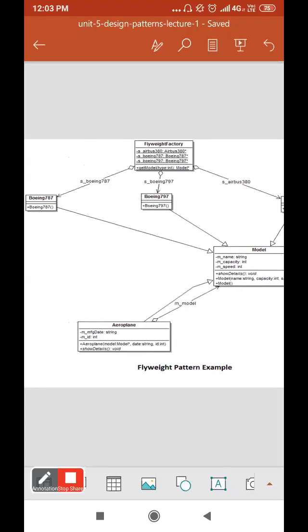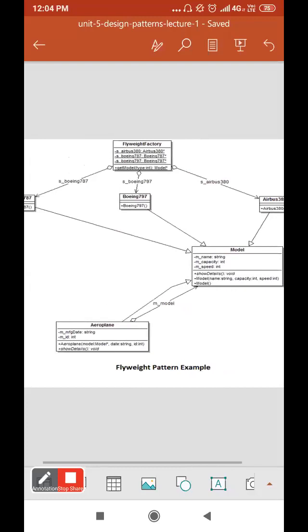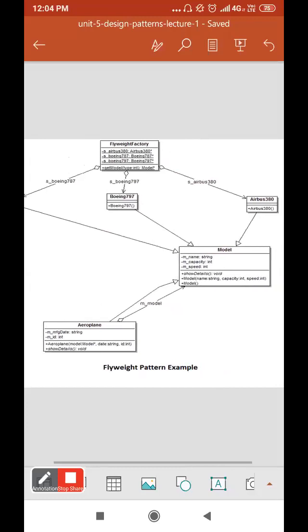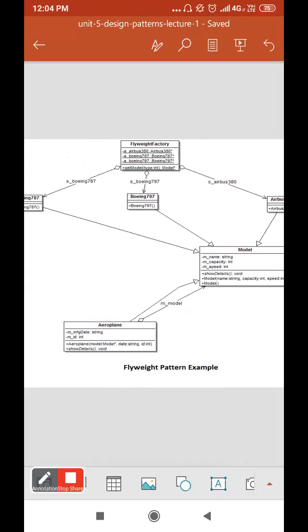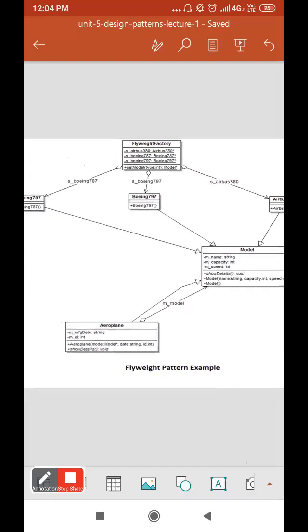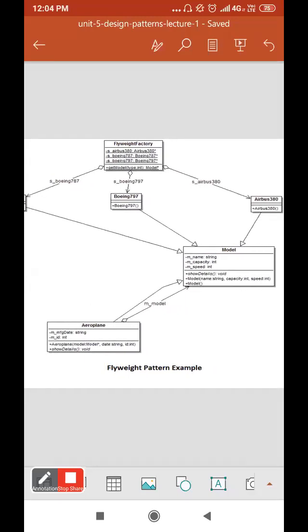So you can see in the flyweight factory, whatever the common things are, or whatever the types of aeroplanes that are used, are kept in the flyweight factory, and whatever other objects are common are in the model one.